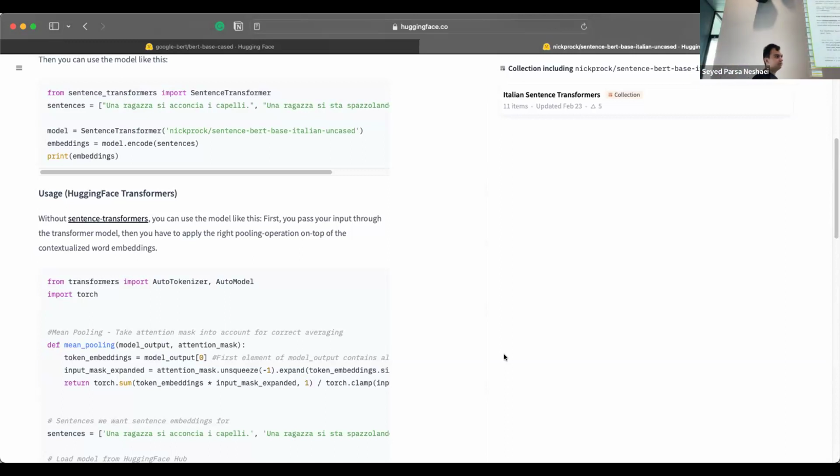But what if you want to fine tune? One of the main tasks that people would fine tune BERT for, and one task that previously was very common, was to find parts of sentences. What do I mean? For example, you have a sentence, and you want to say this is a verb, this is a noun, and things like this. You can fine tune a model to output the role of each word in a sentence. You can fine tune a BERT for that. But one other task that is super common, that I will show in the slides now, is